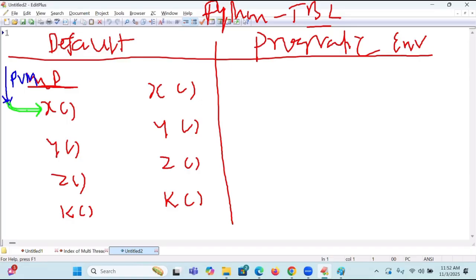The refill is a part of what? The pen. The pen is something like your PVM. Inside the PVM, who is there? The thread. Like that, inside the pen, the refill is there. The refill is called the thread. The pen is called the PVM. Like that, you can project by yourself. Can you imagine that?